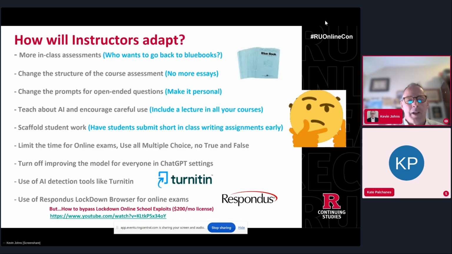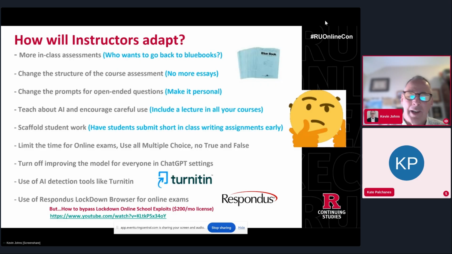Now, here's the other thing. I'm going to go down to the bottom real quick. Respondus. So you can use lockdown browsers. And I do use a lockdown browser, which helps in terms of putting a time limit on the exam so they can't copy and paste. But taking pictures. You can take pictures of the screen and put that over into ChatGPT and go back and forth doing that way. Well, the time limit helps with that. So the goal here is really to make it so much of a work effort to go about doing this that it's not worth it. Just take the exam and don't try and go around it.